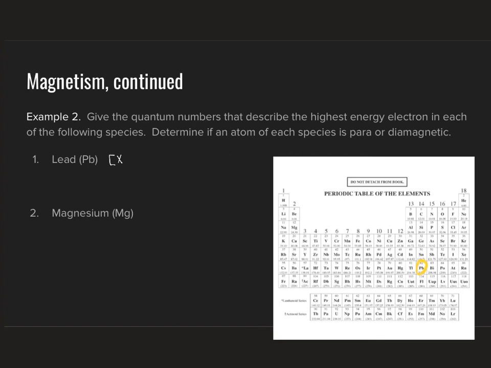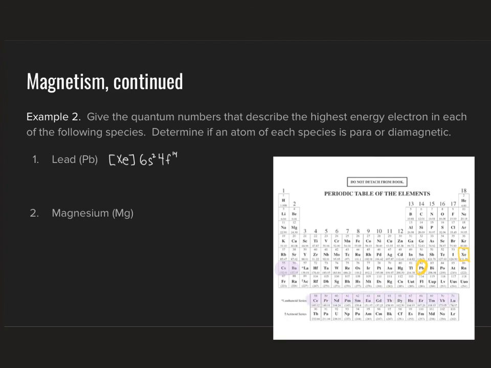So if we look back before element number 82, the previous noble gas is xenon, Xe, element number 54. So we'll start with the electron configuration for xenon, put that in brackets, and then follow along from there on the periodic table to count up to lead. We end up with xenon, followed by 6s2,